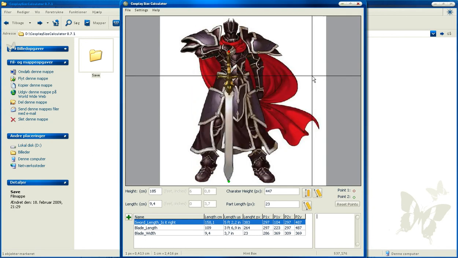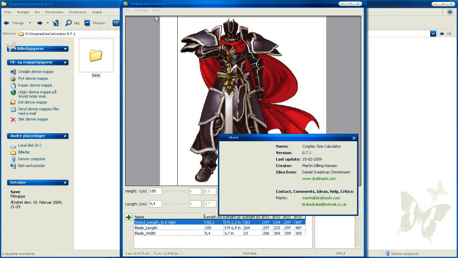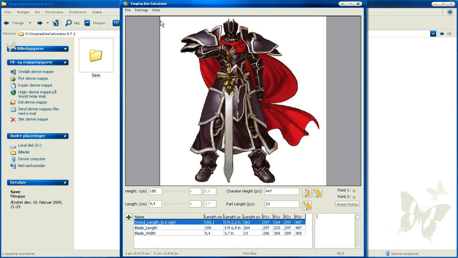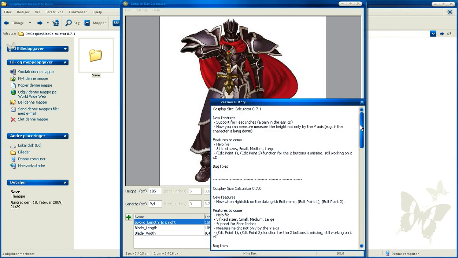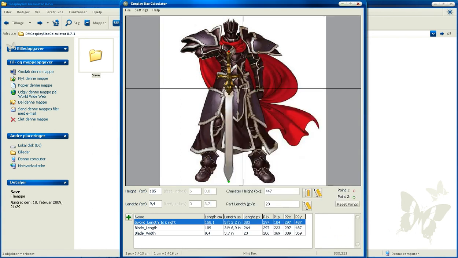And then we have the help, the about box, nothing really special here, just a little info. And if you have any ideas or comments, you can just write to me here. And the version history, just, yeah, what is a version history? Guess yourself. And I think that was about it,